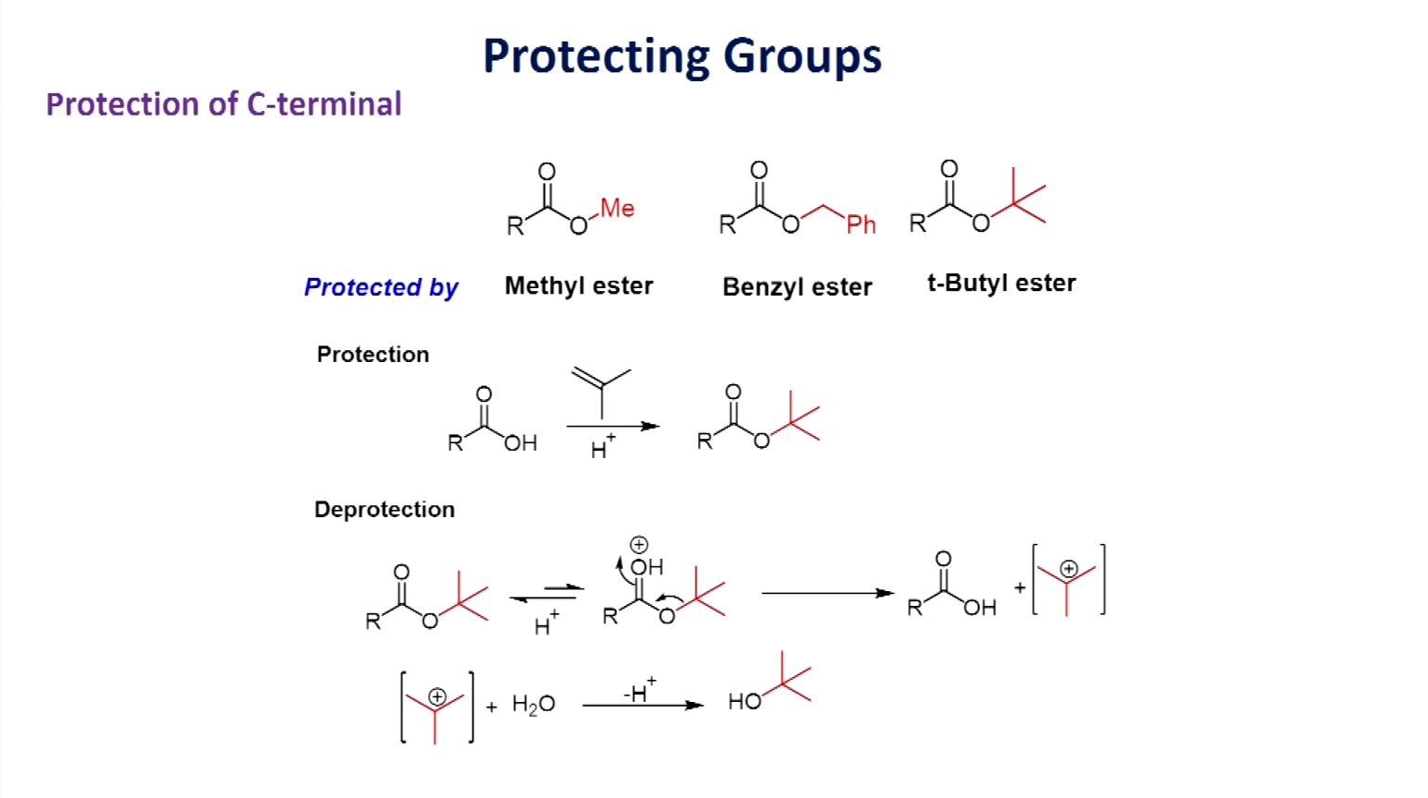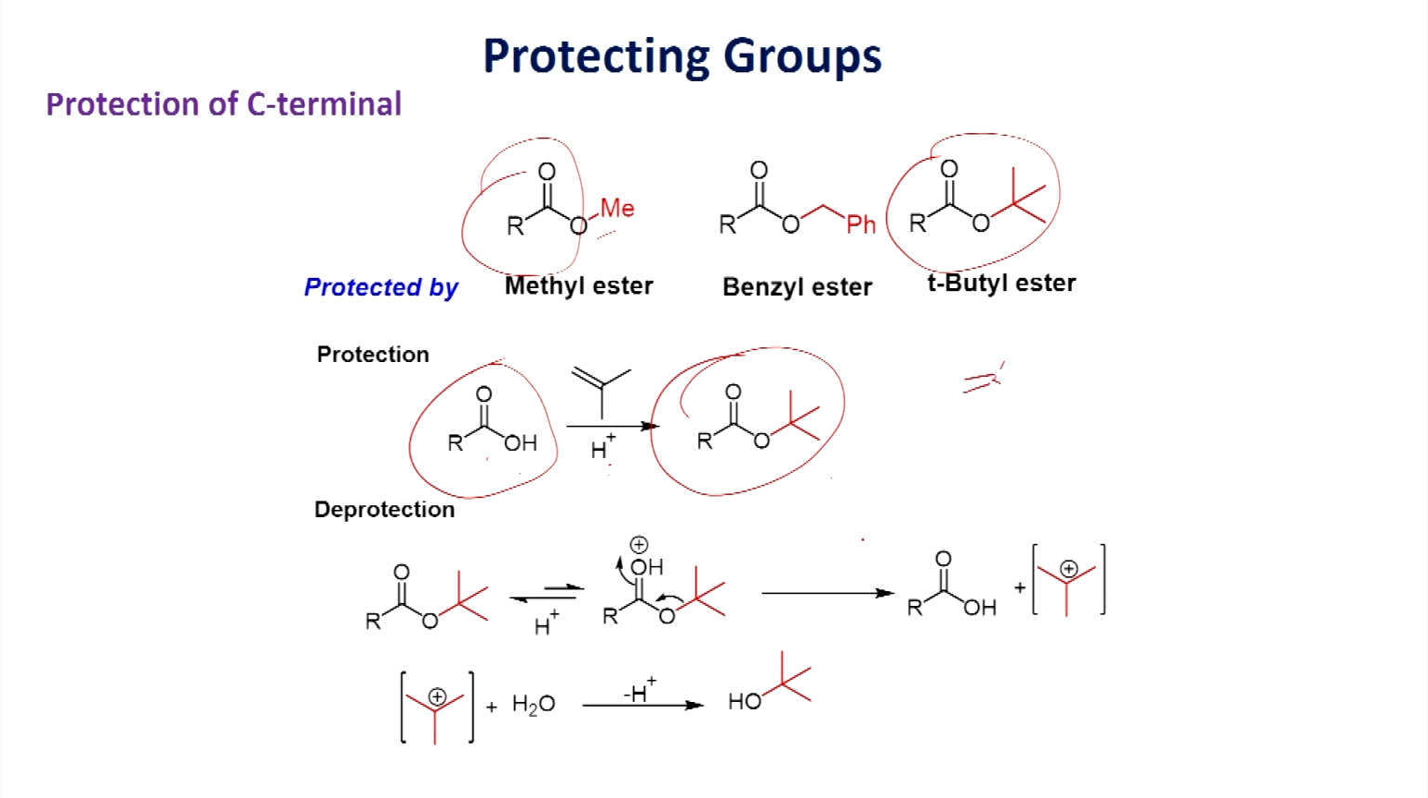Here some examples are shown for the protection of carboxylic acid groups. For example, if you have the carboxylic acid, you can protect it by converting it into an ester. Here you can convert it into methyl ester, benzyl ester or tertiary butyl ester. This protection can be carried out. For example, if you want to make the tertiary butyl ester, what you can do is take the carboxylic acid and react it with isobutene in the presence of acid medium, and then you will be able to form this tertiary butyl ester. As all of you know very well, when you take this isobutene